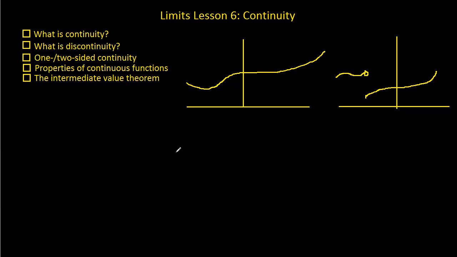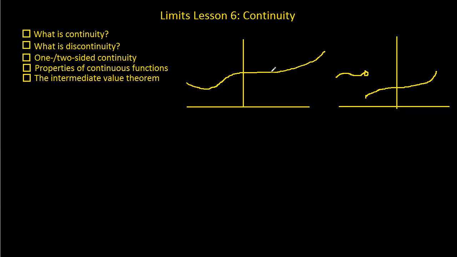So the next concept that we have to cover is discontinuity. Or sorry, not discontinuity, one and two side continuity, whereas this is continuity and this is discontinuity. What does it mean for something to be continuous on one side or two sides? Now, when we're talking about sidedness to continuity, we're talking about specific points. You could say that, if we go back, any of the points along this function is continuous